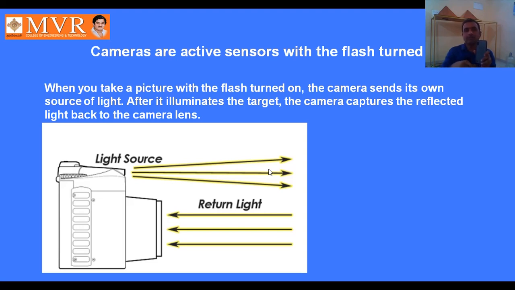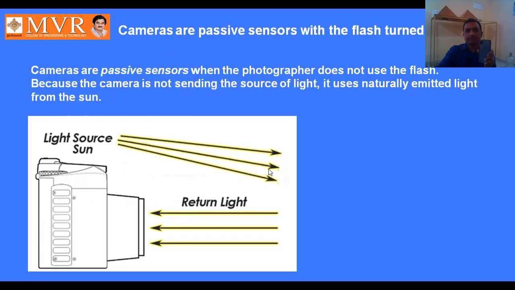Here it acts as a source. That is why it sends pulses to the target, and the backscattered radiation is recorded by the sensor. This is called active remote sensing. Now an example of passive remote sensing. If I take your photograph with this camera without switching on the flash, then this is passive remote sensing.